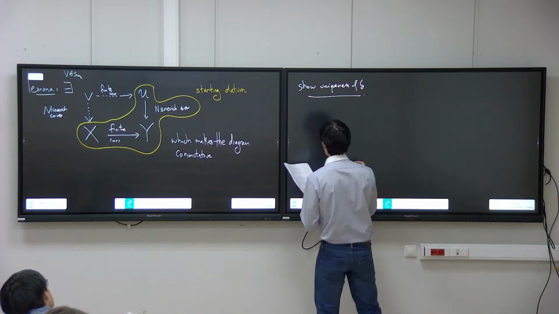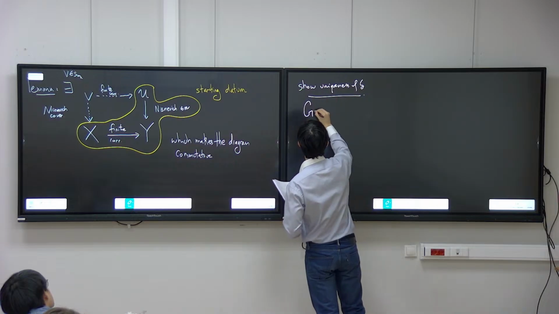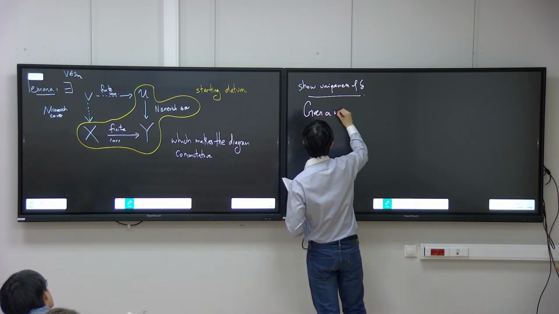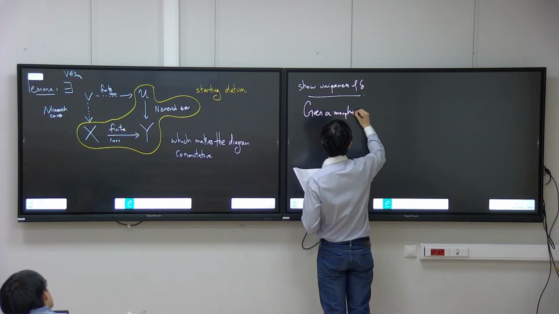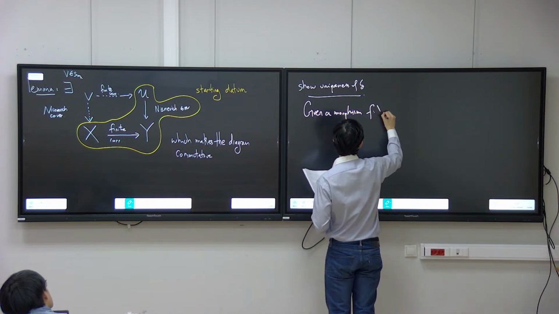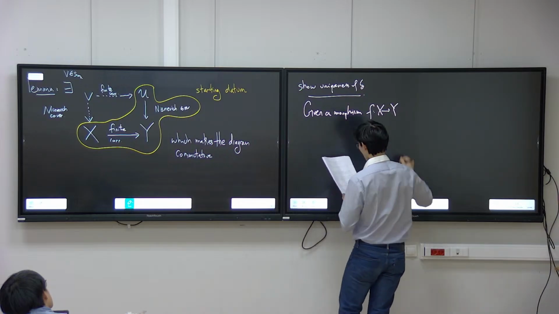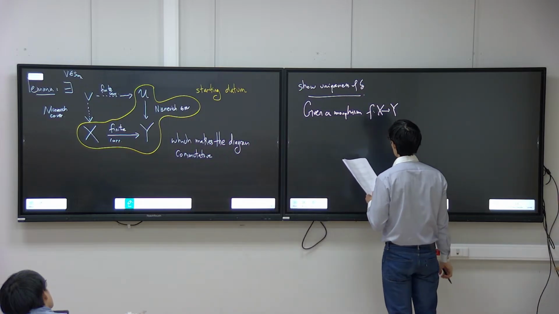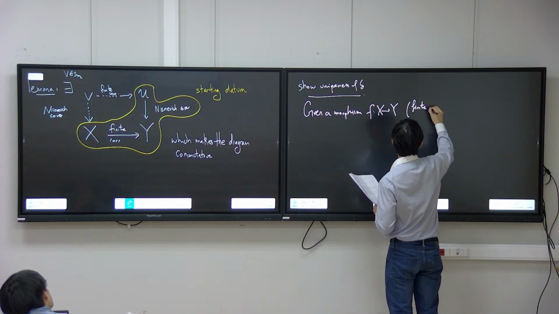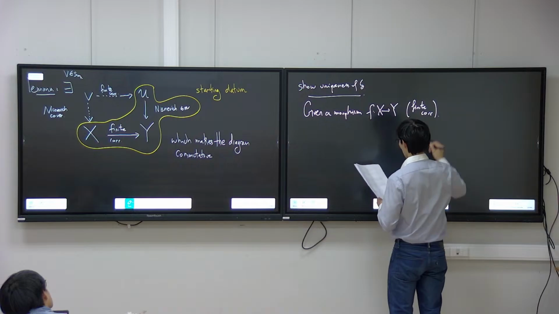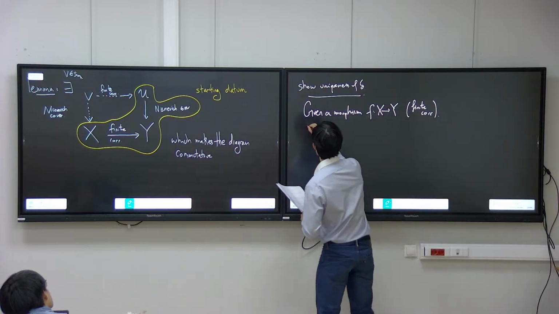What you really want to do is, given a morphism f from X to Y, a finite correspondence, we need to check that